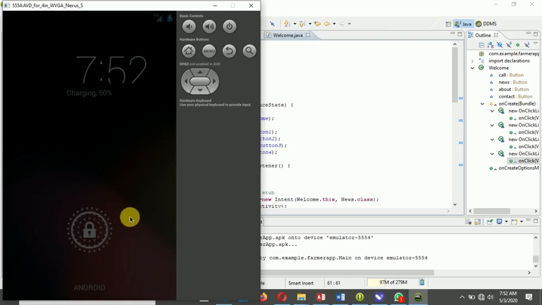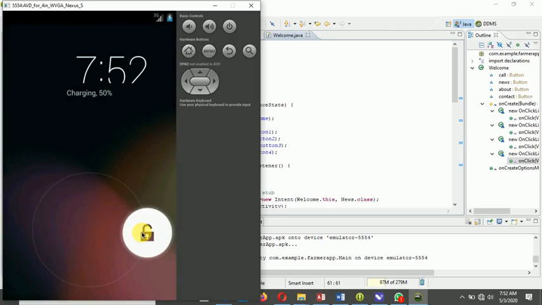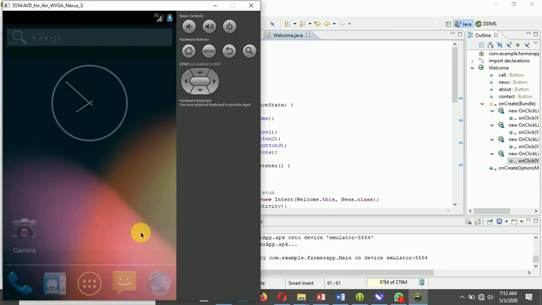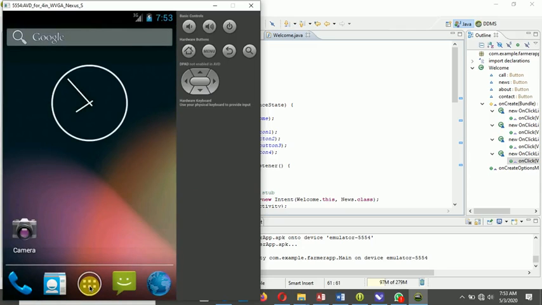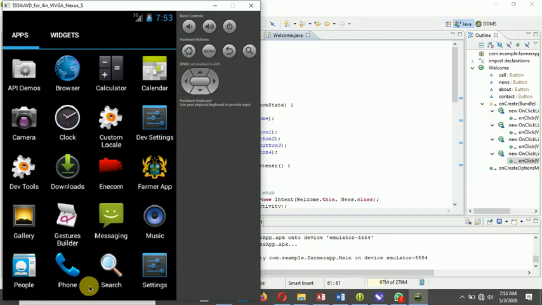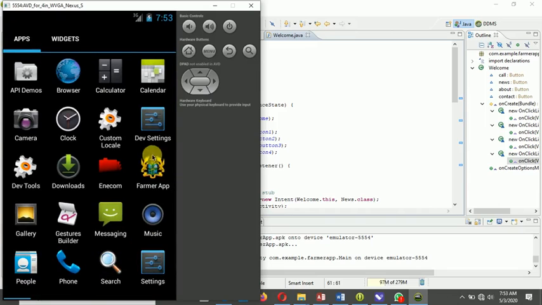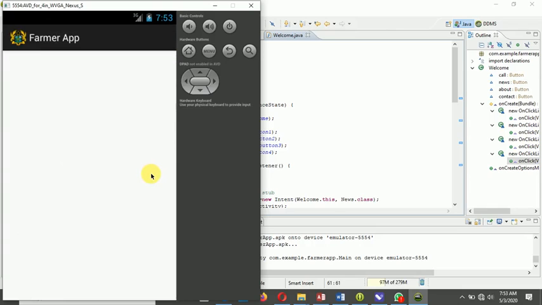Now the phone is ready for us to open. So I will be swiping this to open. Then I go to menu and search for my application. Alright, so you can see the Farmers app here. Then I have to click on it. When I click it, it should open. Alright, so I click this area, type my name,